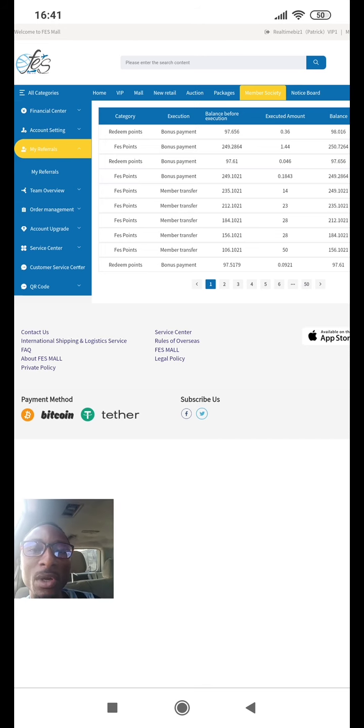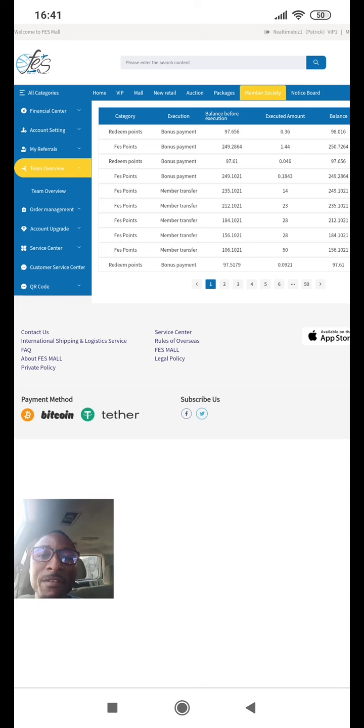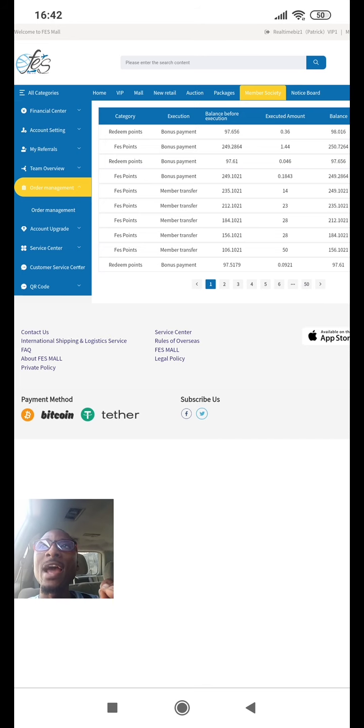So far so good. But right now I know you are just new, so you are willing to refer others. By the time you refer others, you'll be seeing them on this space. Then you now have team overview. The team overview is where you have people under you, under your team. When you click that team overview, it's where you have people under. Then order management. The order management is a button that shows you, after you have placed your order, whether your order is successful or not, or if your trade is running.